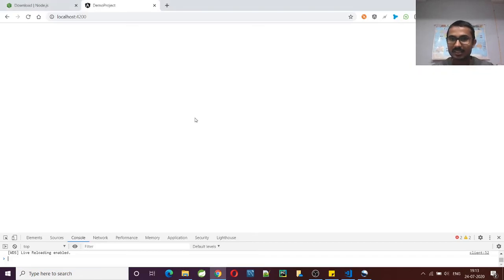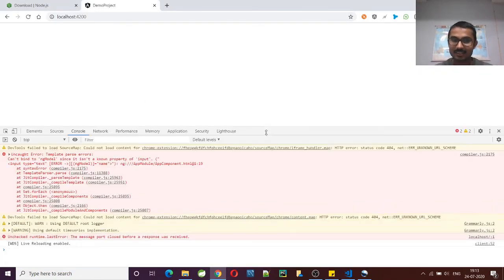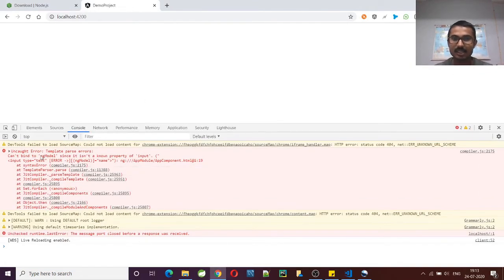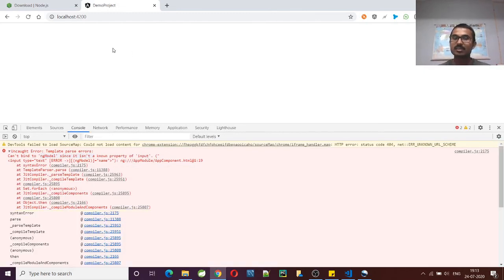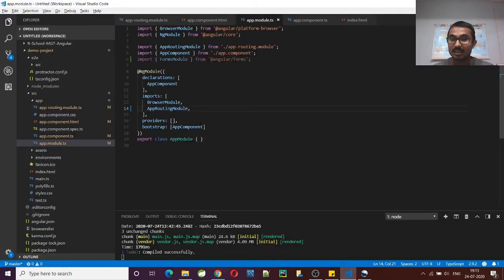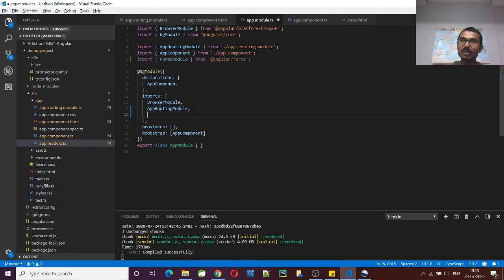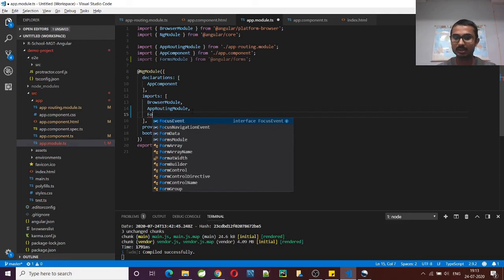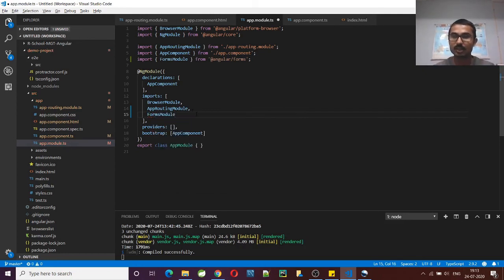Let's make sure that the error is there or not. Yeah, it is not recognizing ngModel in the input element. So to recognize this, we have to use the forms module in our import section, so that whenever it faces ngModel, it will look into the app module to see whether it is there or not. So we have to import this forms module, and then once we save, it will recognize.